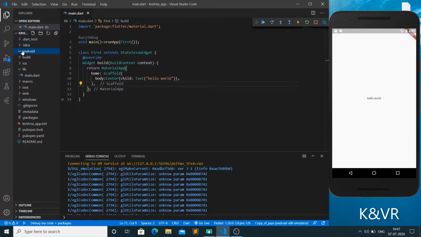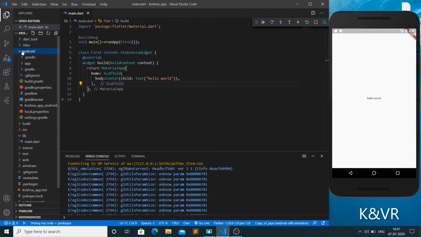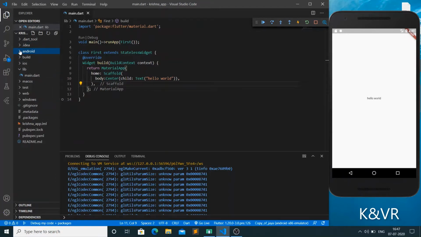You can access your Android files from here. The Android folder is here, and here is the build folder, some Kotlin and like that packages will be there, and here are the iOS settings and more permissions like that.